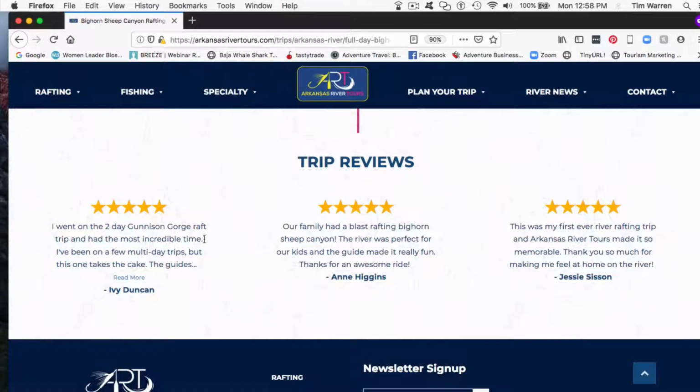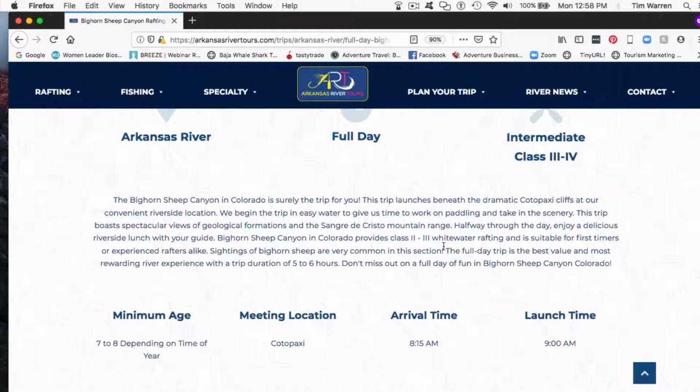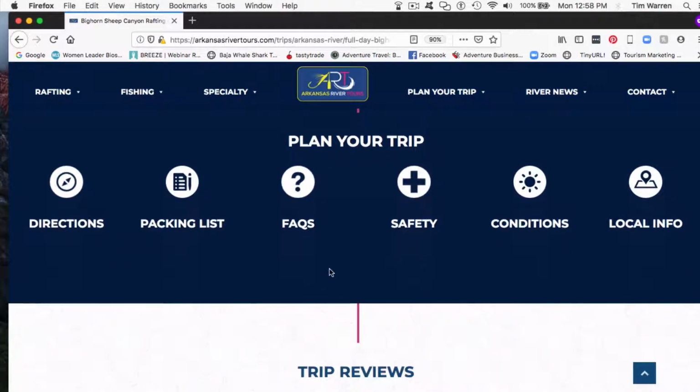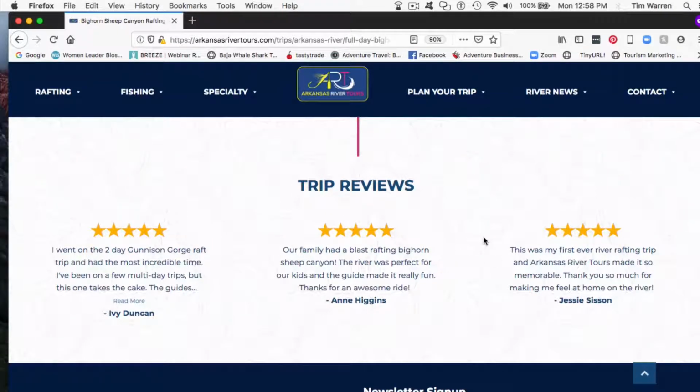In fact, on this particular trip review page, I would only have reviews that are relevant to this trip. Maybe I went on a 2-day Gunnison trip. Now, I don't know the trip well enough to know if this goes through the Gunnison Canyon or not, but you've got a trip review that talks about the Gunnison Gorge raft trip. Only trip reviews on this page should be relevant to this trip. So we've got headline testimonials, relevant testimonials, and third,